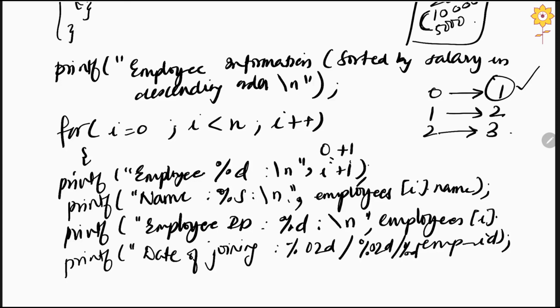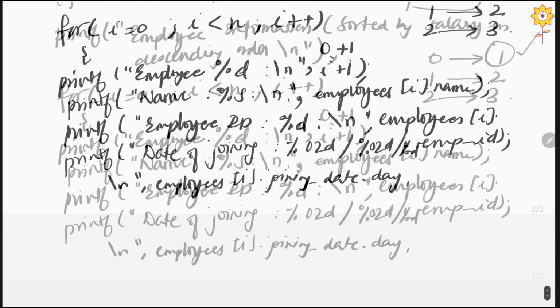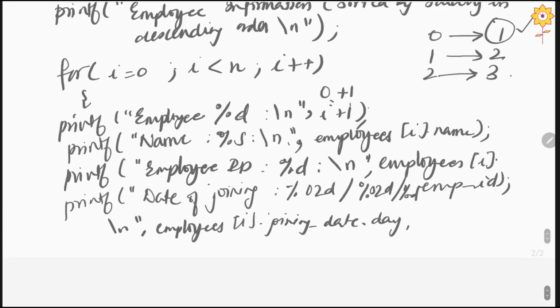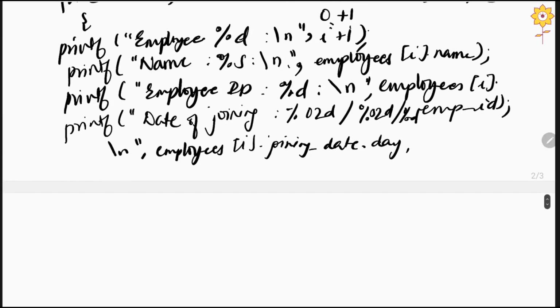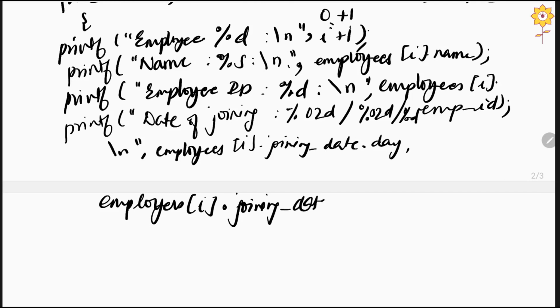Then you will put a \n for new line, and then you will write employees[i].joining_date.day, then you will write employees[i], the first instance, dot joining_date, the inner instance, and then here you will write month, and then finally you will write the year,